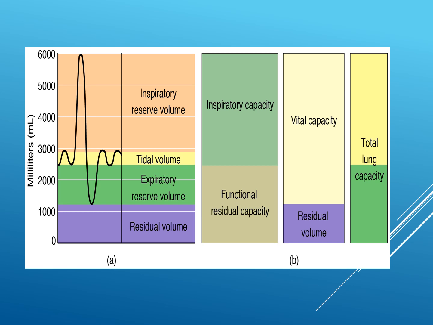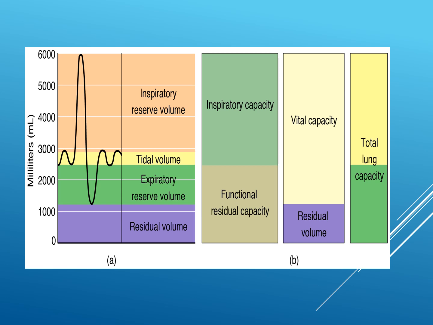And the next volume is residual volume. It is defined as the volume of air that is remaining in the lungs after the most forceful expiration, that is after expiratory reserve volume. This is above the normal expiration, right? So the residual volume is still the remaining volume which is remaining beyond the expiratory reserve volume. So that is residual volume. It is normally 1200 ml in the adult male.